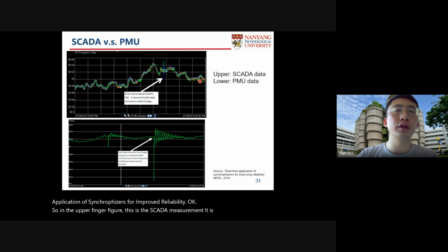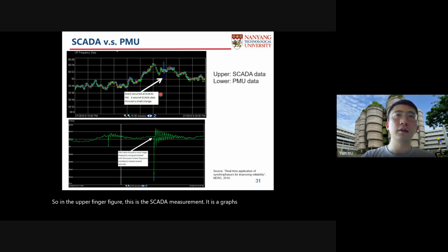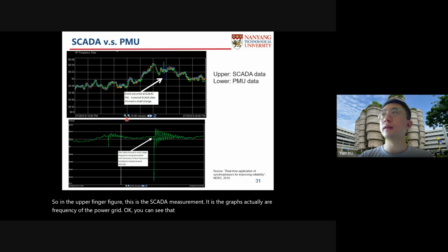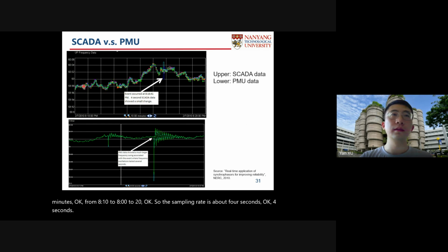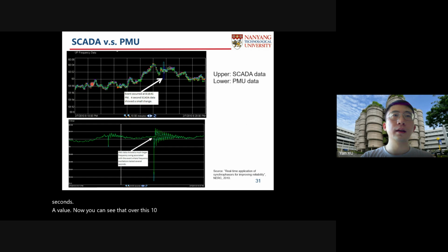The graphs actually show the frequency of the power grid. You can see that this whole time horizon is around 10 minutes, from 8:10 to 8:20. The sampling rate is about 4 seconds, one value every 4 seconds. Over this 10 minutes, the frequency was fluctuating a bit,